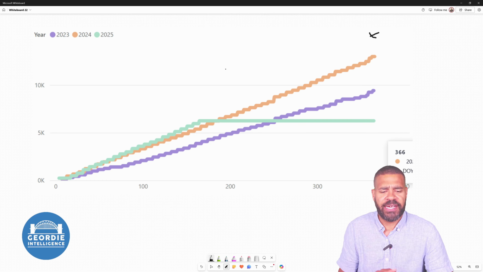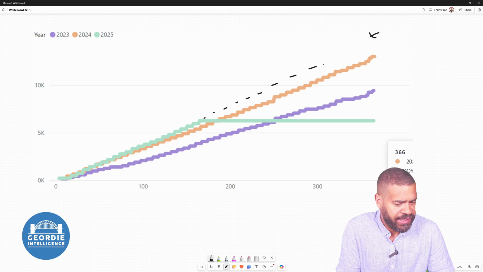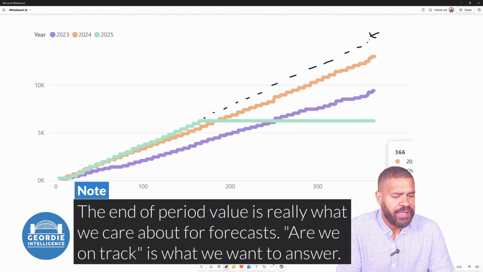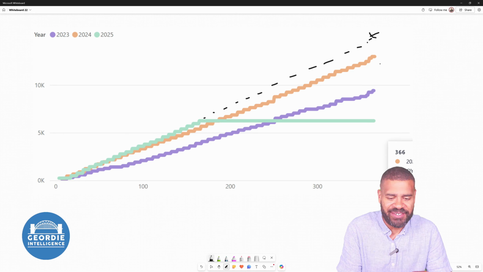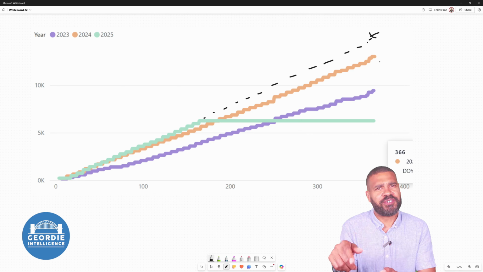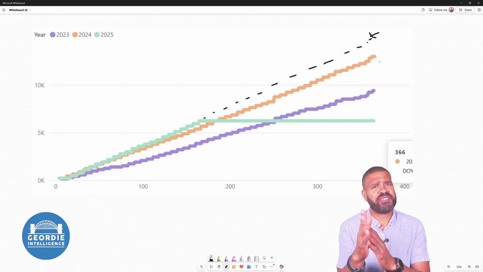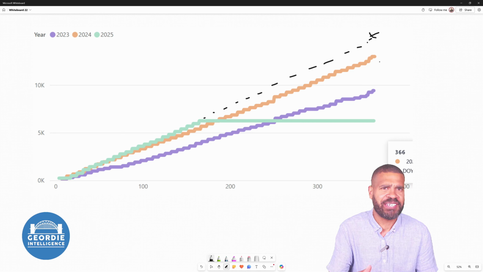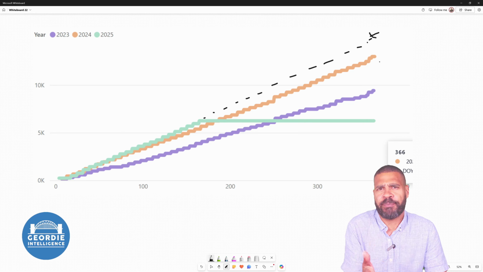Okay, so we then say, right, how does this track from here to get to that end value? And then, of course, is that end value right? Which gets to all sorts of complexities, because does the forecast stay there, or should we be saying, well, based on where we would expect, we are already this much over it, which then allows us to say, well, we're going to do something different with this.